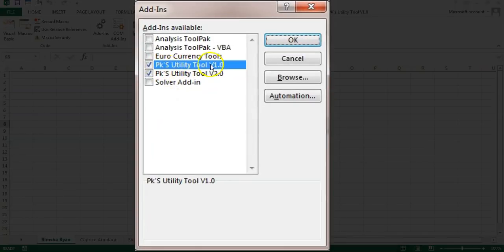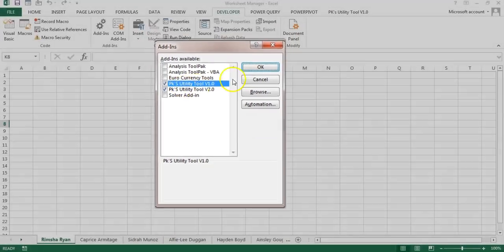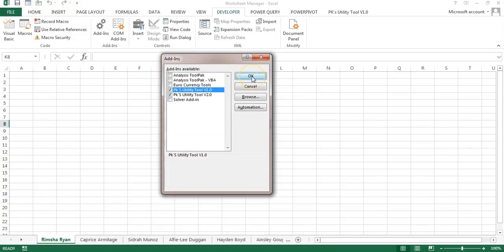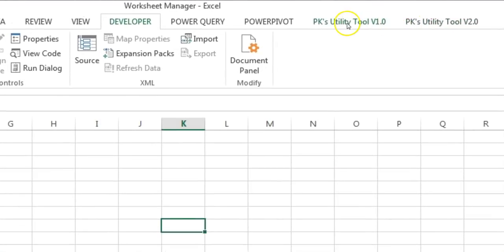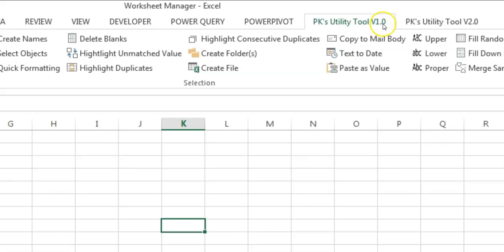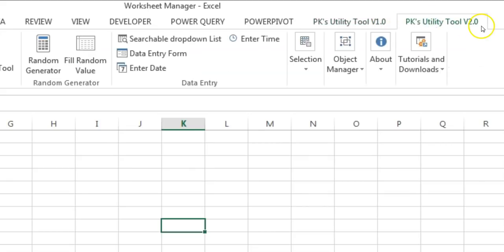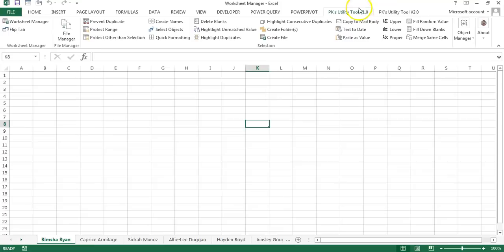You don't need the 1.0 tool because all the features are available in 2.0, so you don't need the previous version. But for now I'm just keeping it to explain what the new changes are. Click on OK. Here you can see the two different tabs, PK's Utility Tool 1.0 and 2.0. Now I will show you the difference.